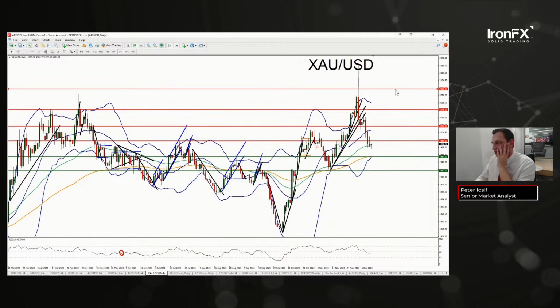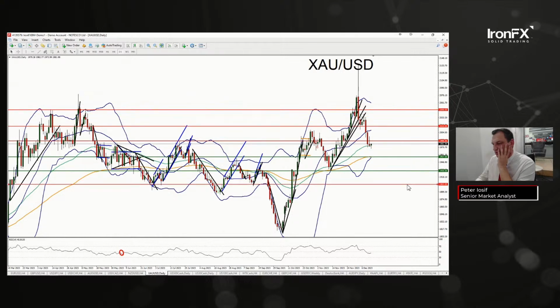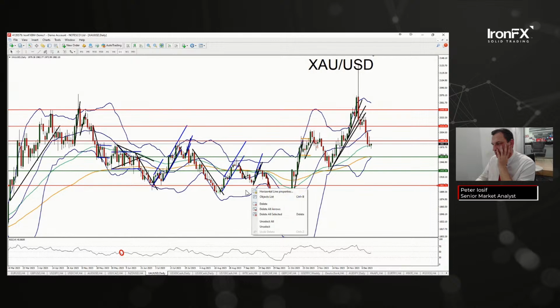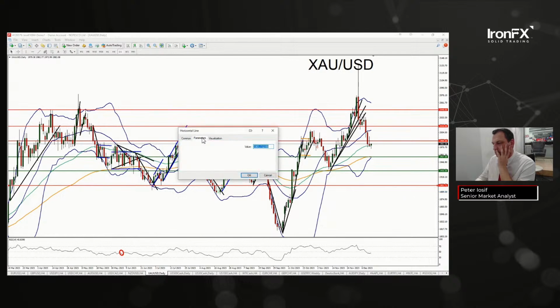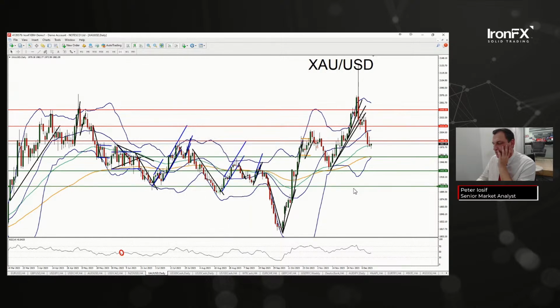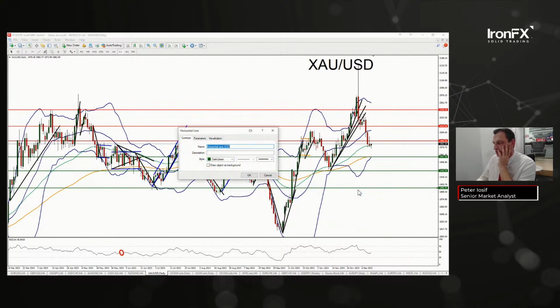Let's go hunting and have a look where we can find the next support level. It's a little bit wide, but this one here is beautiful. One could also note this one. It's pretty valid as well. Okay, let's keep this one for the time being. And that would be the 1900. It's a nice round figure which can also serve as a possible support level or be aimed for. Here you go. Come on.